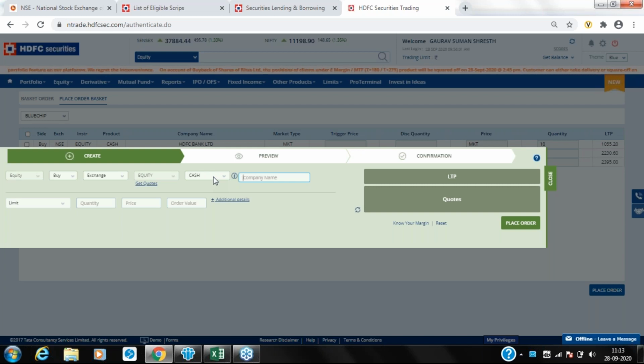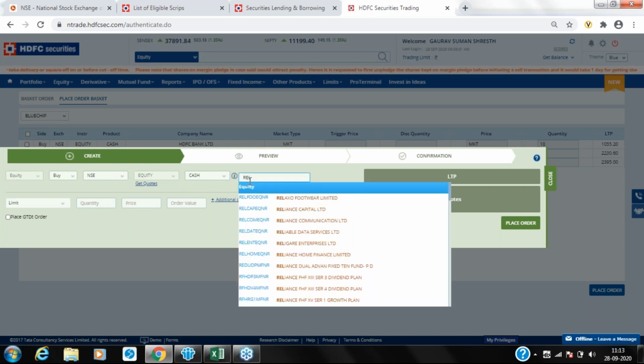The main functionality of a bracket order is that it provides you a higher leverage, and it's an order that goes simultaneously with a stop loss and a target. So let's suppose that I want to buy a stock for intraday, with a target and with a stop loss. How can I do that? I will give you an example for the same.